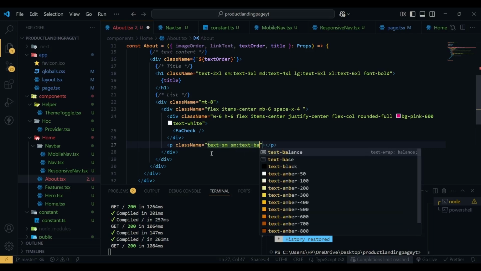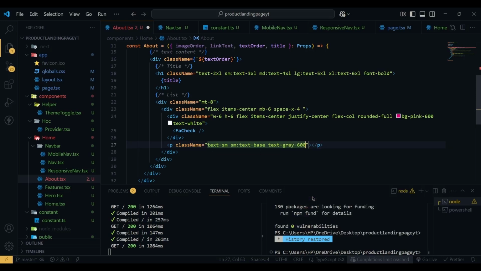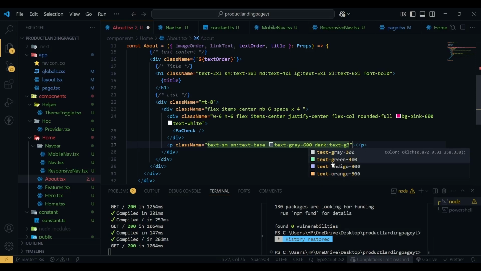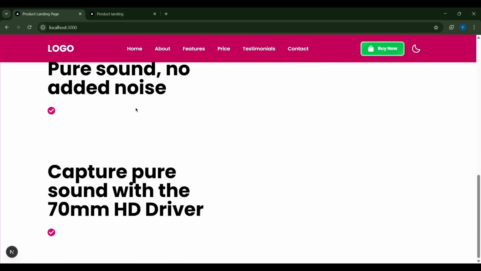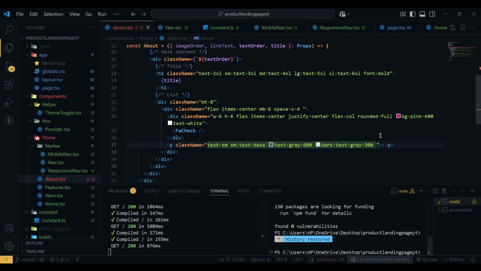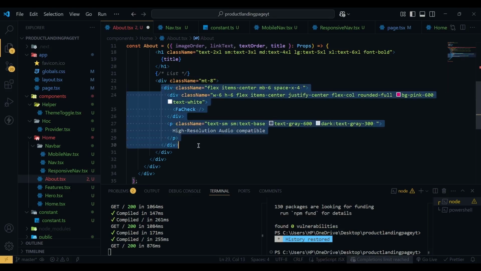text will be base, text color will be gray 600, and in the dark mode the text will be gray 300. That's it. And here I'm going to copy the text. So here you can see we have this icon, the checklist. So I'm going to copy the text from here. So copy this and paste it here, and then I'm going to copy this div 3 more times,